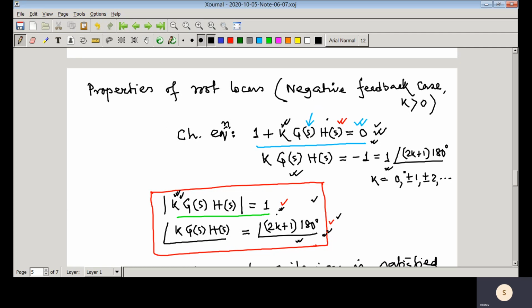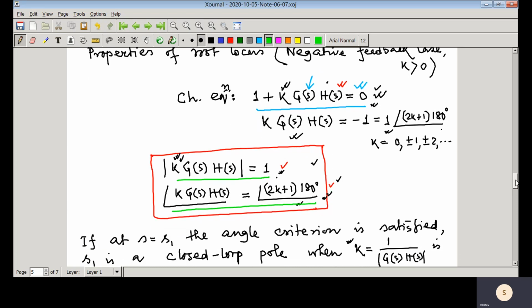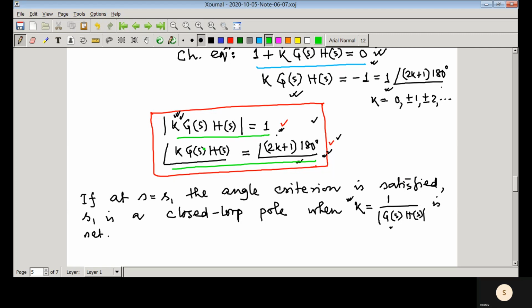And we have written that characteristic equation in this polar form, that is K G(S)H(S) equal to -1. So if we write it in polar form, then we get the two conditions. One is that gain condition, another one is that phase condition. So now we are just pointing out that whenever we have an S for which this phase condition is satisfied, then automatically we would be having one K, and that K value is this one, such that this gain condition would be satisfied. So in root locus, basically that phase condition is important. Once that phase is satisfied, we can always find a gain so that the characteristic equation would be satisfied.